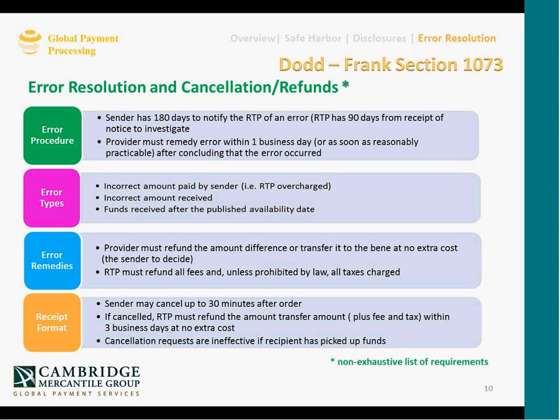Let's talk about error resolution and the rights your consumers have. I put it into 4 different categories. First is error procedures, then error types, error remedies, and then we'll go back to the receipt. You just saw the receipt that comes out of QNET, and you saw where your consumer has the right to cancel that transaction 30 minutes after the time located on that disclosure statement. If they cancel within that 30-minute time frame,